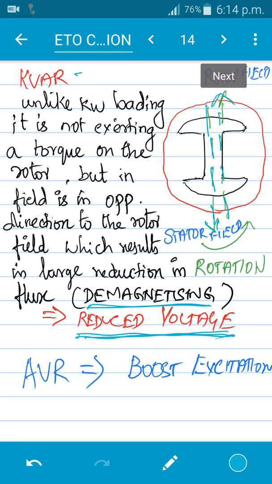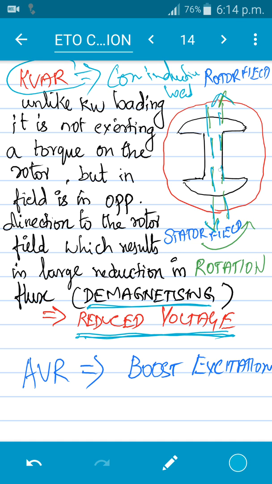So what is happening in the kVAR? Forget about the kVAR, just consider the inductive load is connected. Unlike kilowatt loading, with the inductive load a demagnetization effect is happening. So the voltage is reduced, and the AVR comes into play to boost the excitation. The excitation will be increased. The rotor excitation given by the AVR is getting improved, and as a result, the reduced voltage will